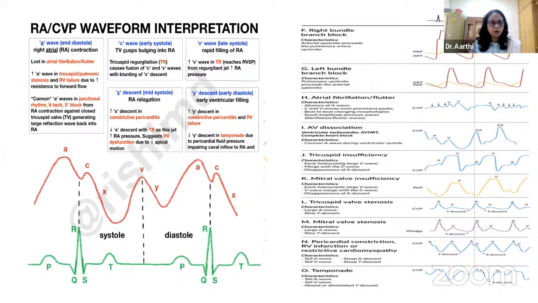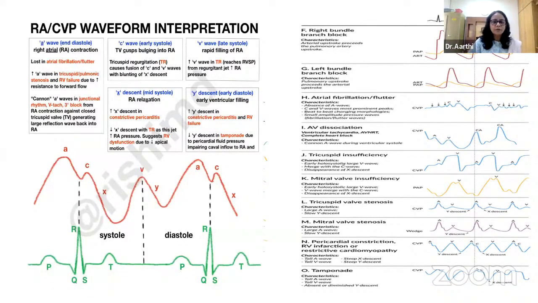So just to brush up the knowledge, CVP tracing has 3 positive waves and 2 negative deflections: A wave, C wave, and V wave. The A wave is due to atrial contraction. It is normally lost during atrial fibrillation, and Cannon A waves are present during junctional rhythms, third degree heart block, or ventricular tachycardia. The C wave happens during the early systolic bulging of the tricuspid valve